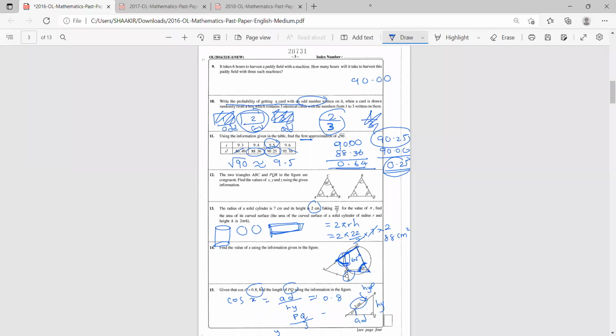So PQ divided by 3 is equal to 0.8. Therefore, to find PQ, the 3 will go as a multiplication. So it is 2.4 centimeter. So I can say the length of PQ is 2.4 centimeter. Okay. So now, children,